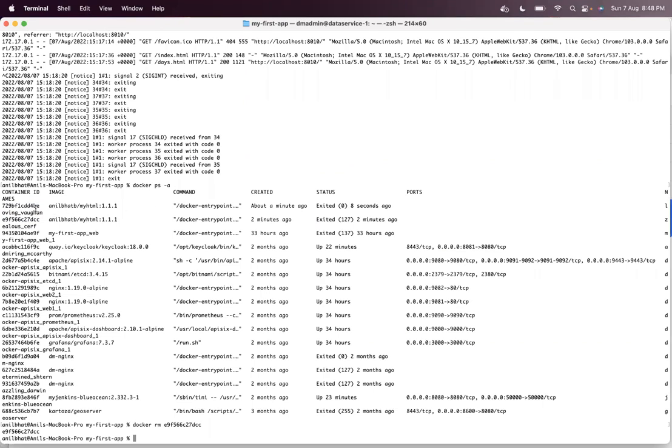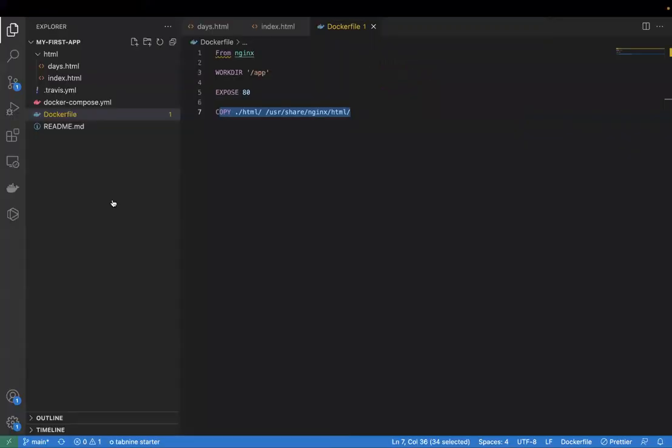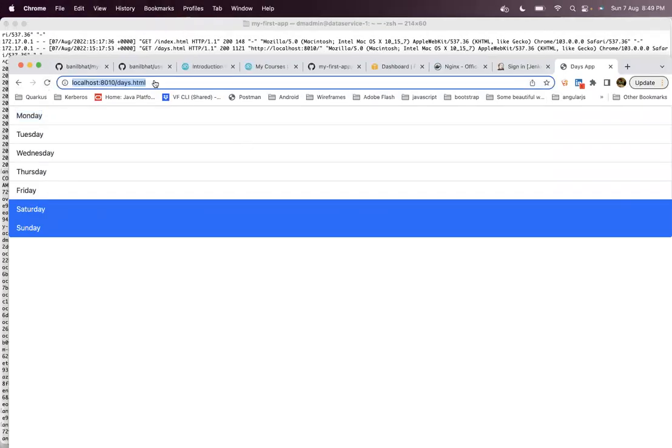And so you have seen this by running the Docker container. Let's say docker start again, docker start this particular container. The container is up again.